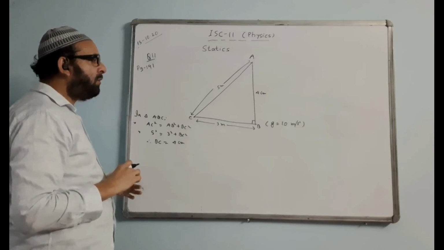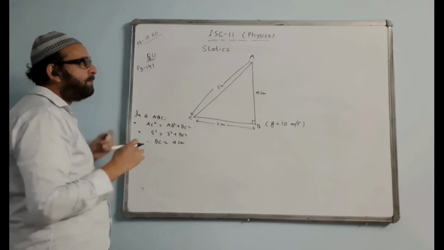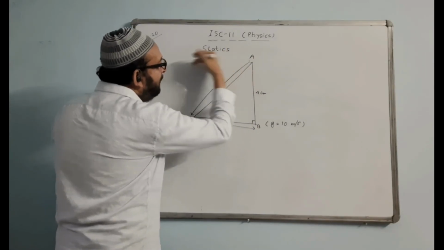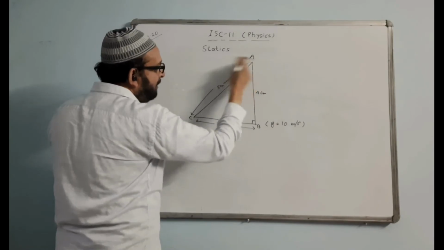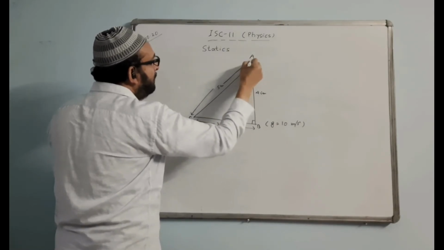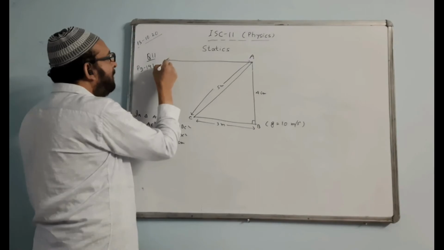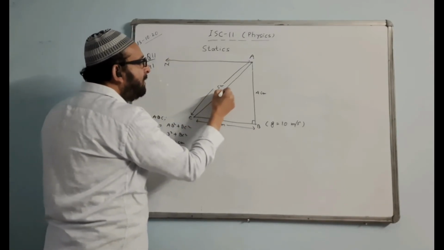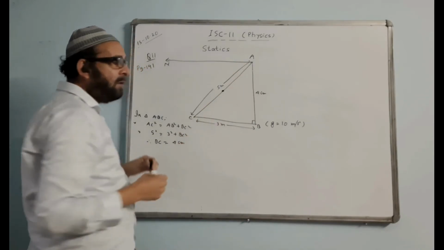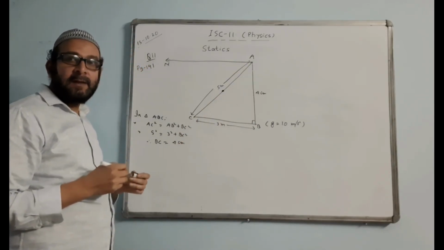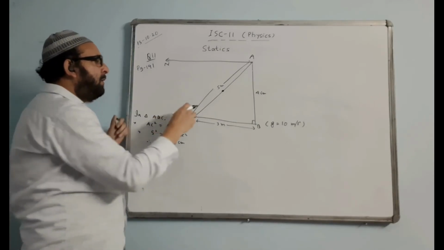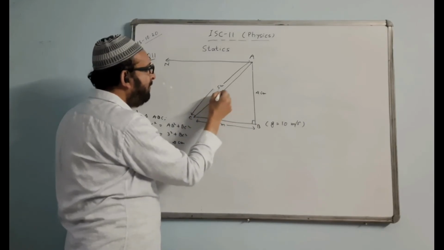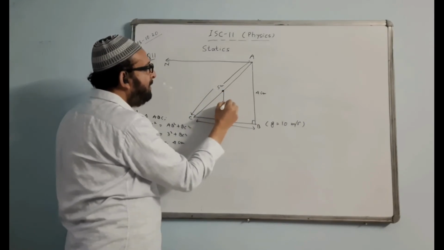Now we'll show the different kinds of forces acting there. The wall will give a normal reaction. Normal means perpendicular to the wall. This is the normal reaction, I mark it here as N. The weight of the ladder will be situated exactly midway, because the ladder is uniform. The center of gravity will be exactly at the midpoint. This is 2.5 meter, and half of this is 2.5 meter. Here the weight of the ladder is acting, W.